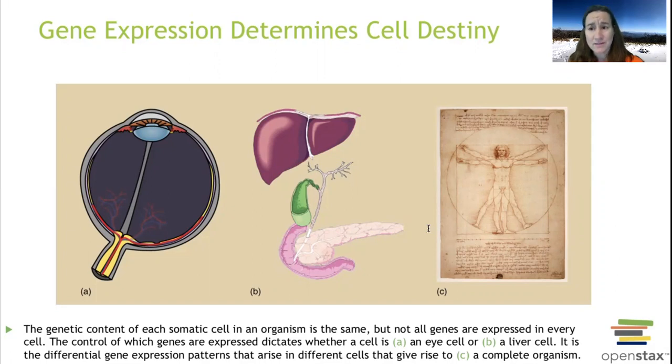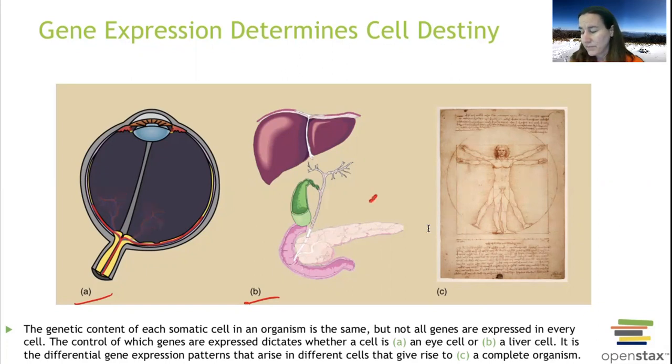But every cell doesn't look different, right? The cells that make up our eyeball are not expressing the same genes as the cells that make up our liver and gallbladder. Every cell expresses genes a little bit differently. So why do they express things differently? They're going to have different needs, and they will turn on the genes that they need to perform the jobs that they need to do versus the other cells that don't need to do that.